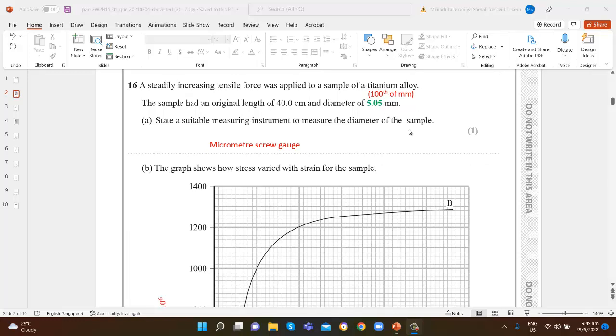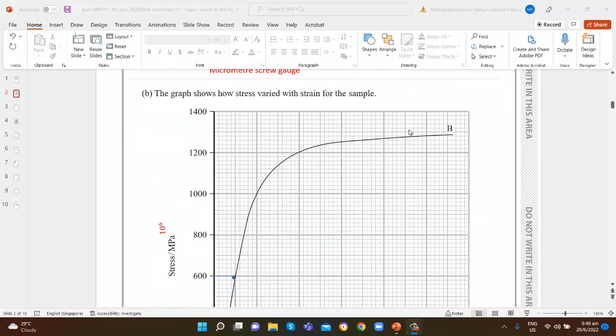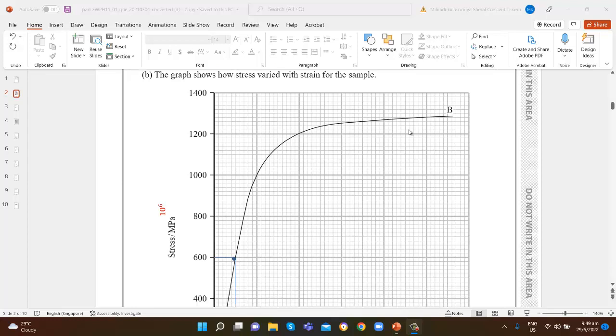Okay, so now they are giving a graph. I have told you previously, when you get a graph, you have to read the y-axis and x-axis. Here the y-axis is stress and it is given in megapascal. It's better to write 10 to the power 6 for the conversion of mega, for your easy calculation, and